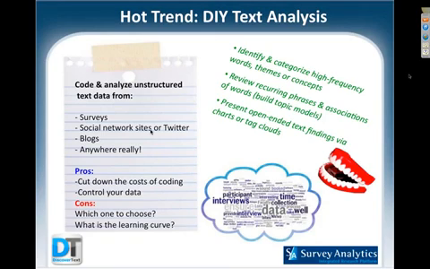These kinds of tools allow you to control a lot of that data, self-analyze it from within, and get it in a lot faster. To the right here, you see some of the things you can discover by using DIY text analysis tools, such as higher frequency words. You'll be able to look at open-ended text, charts, tag clouds, and etc.